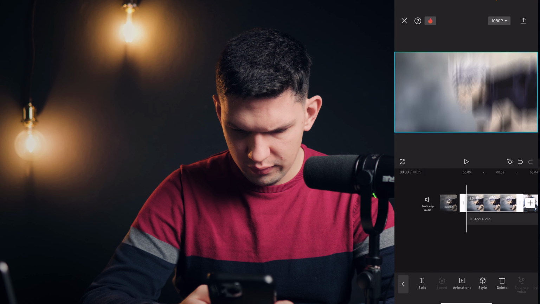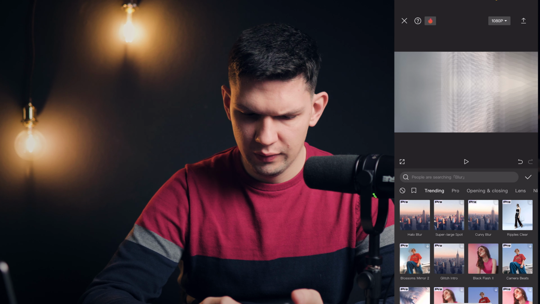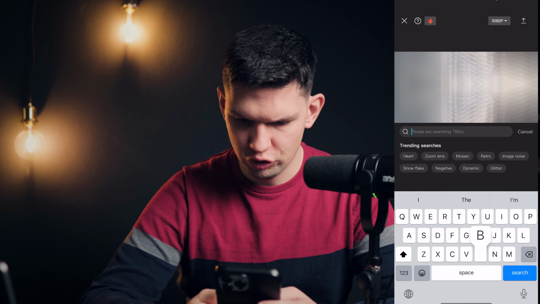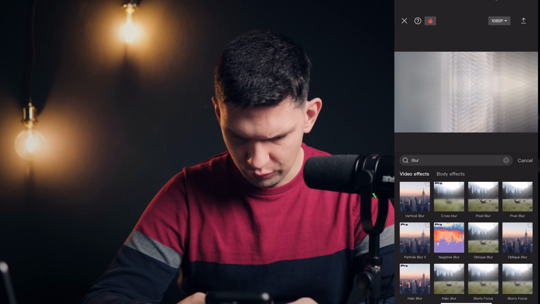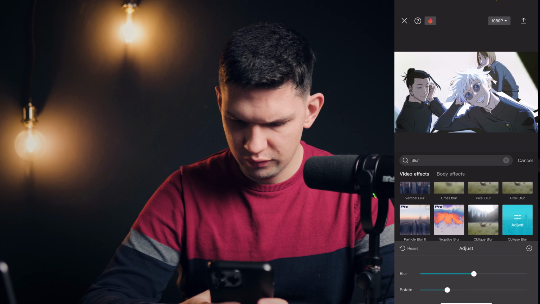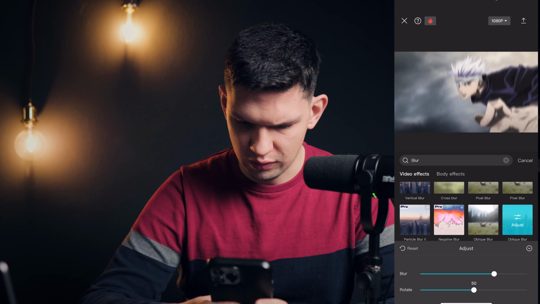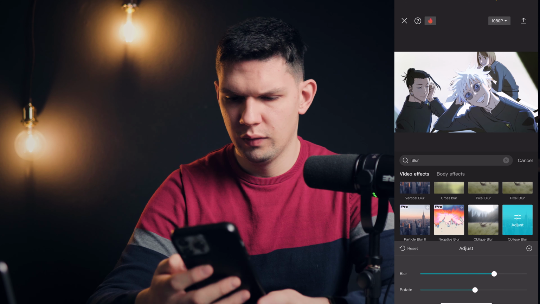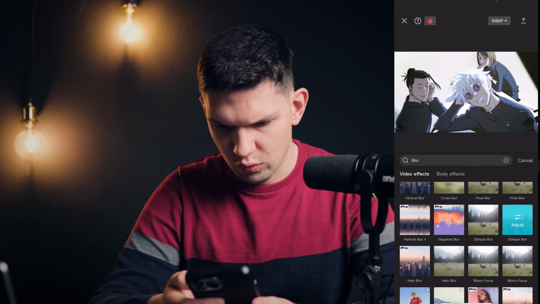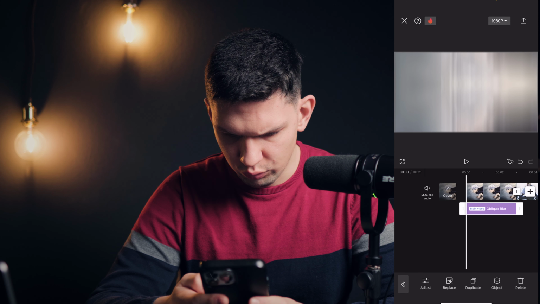Then go back, click on effects, video effects. Then you want to search blur, and you want to click on oblique blur. After that, adjust it, make the blur around 70 and rotate around 50. Now that you have that, let's go back, and you have the blur, and what you want to do is